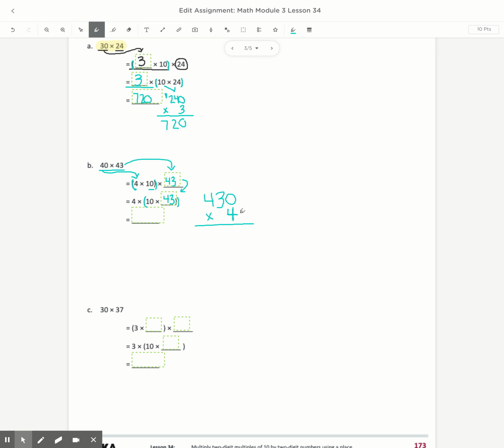So now I just go ahead and multiply. So now I know 4 times 0 is 0. 4 times 3 is 12, so I write the 2 and I carry the 1. 4 times 4 is 16, plus that 1 that I carried over is 17. So I'm left with an answer of